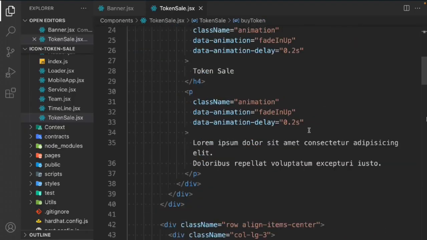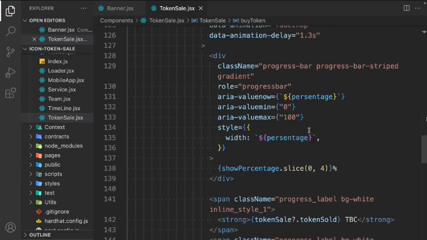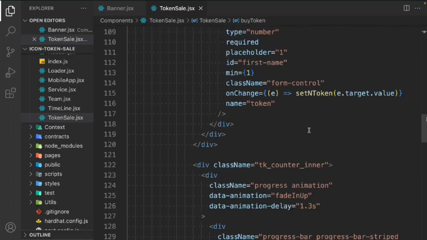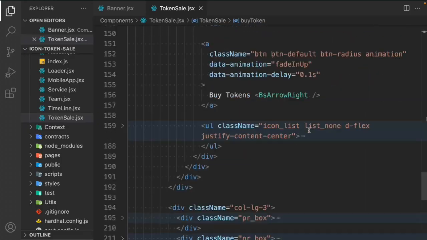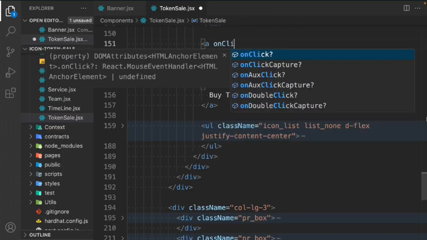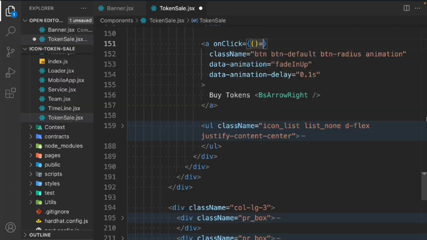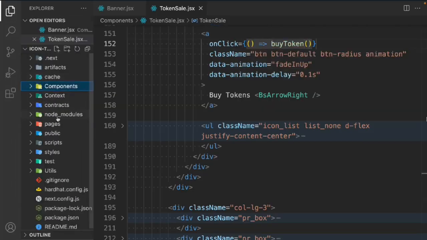so simply take this one, buy token, and we have to call the function on the button so it can trigger on click event. Let me find the button. This is the button. Let's add an onClick function and call it. We have to pass the token amount which the user wants to purchase. So